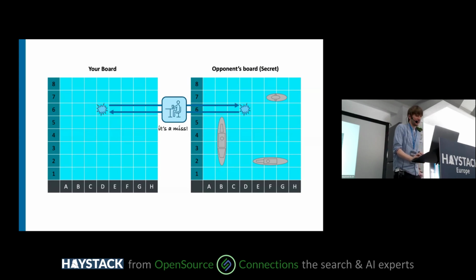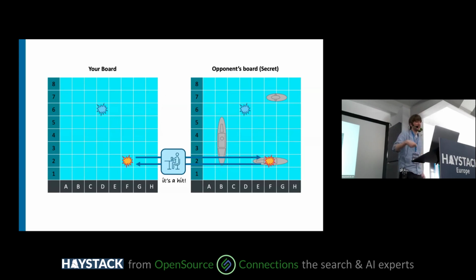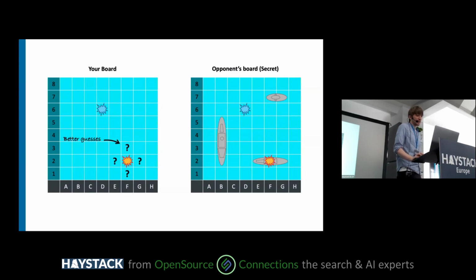Maybe then you make another guess, and that happens to be a hit. So you ask your opponent, F2, is that a hit? Yes, it is a hit. Now, once you know that that's a hit, the way the game works at least, you don't sink the ship immediately. You need to guess all the positions of the ship. And at this point, you actually learn a lot about where the ship might be. You know that they can only be oriented vertically or horizontally. So you know that certainly one of the other positions of the ship is in one of these coordinates with the question mark at this point.